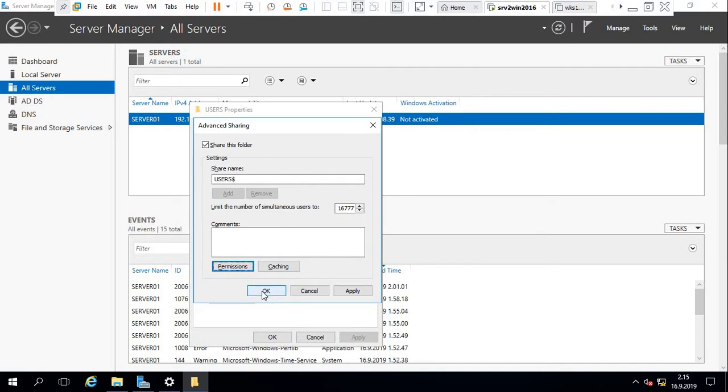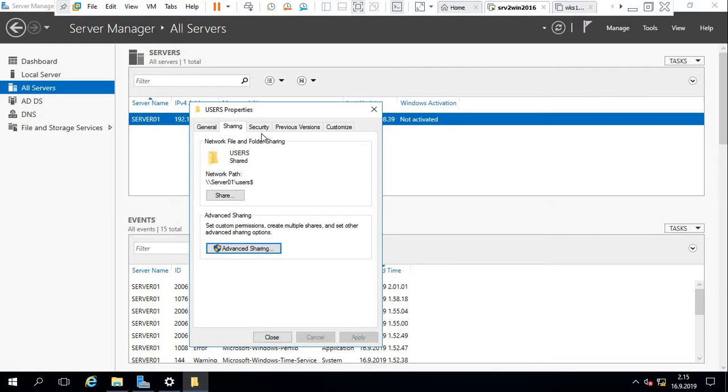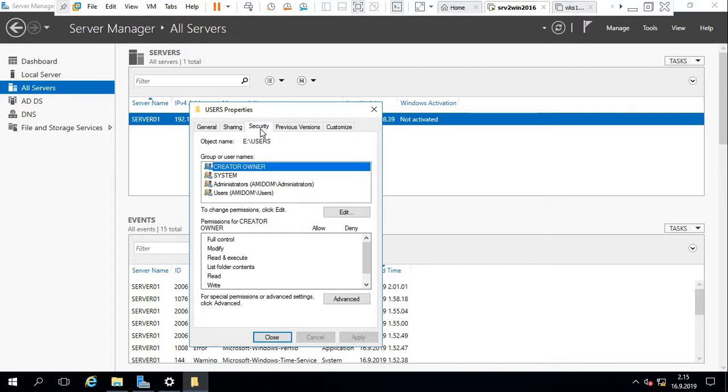So this permission is done. Now we go to the security, and when you go to the security, it's in a group or user names. Here is the system. There are which groups can use this one. There are some more secure areas, so we have to work on here. Like we click on advanced. Here, look for special permission for advanced setting, click advanced. So here is something more special permissions, so click in advanced,